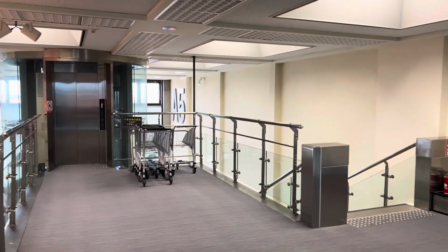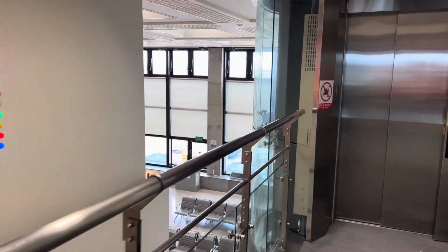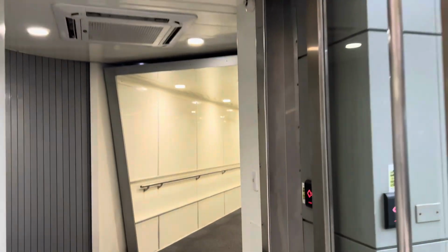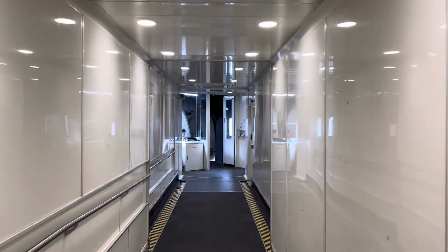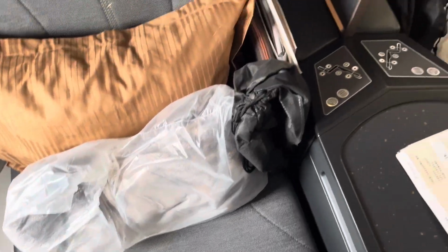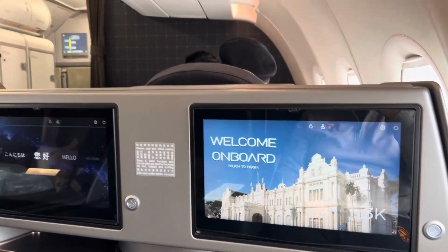In this terminal, the gates are designed so that you have to go downstairs into the main gate area, which is a little unique. And now let's head into the A321neo through the gate bridge. And here is the A321neo business class seat. I am sitting in the back right row of the plane, and here is what the front looks like,